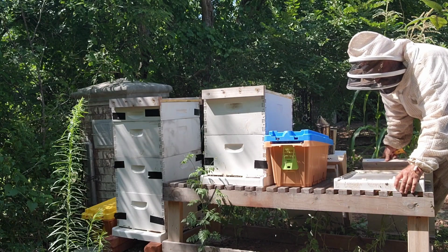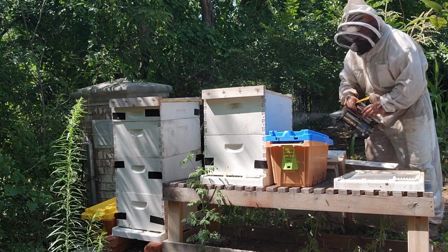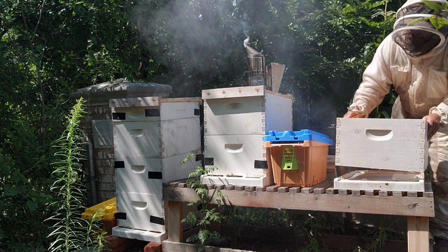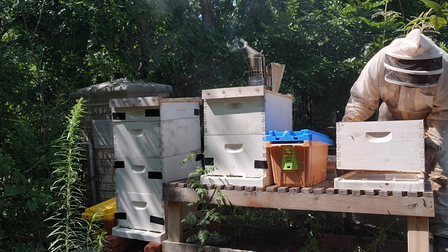So in these situations, they own all of it. So this is their equipment. They use green bottom boards, running deeps. And on these pro nukes,